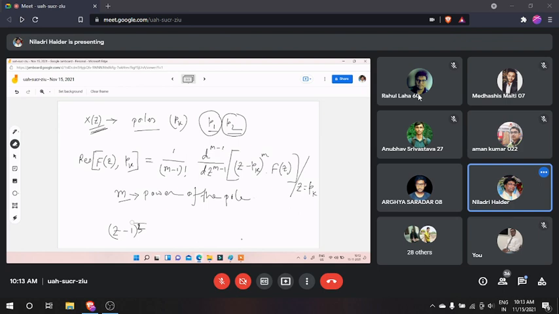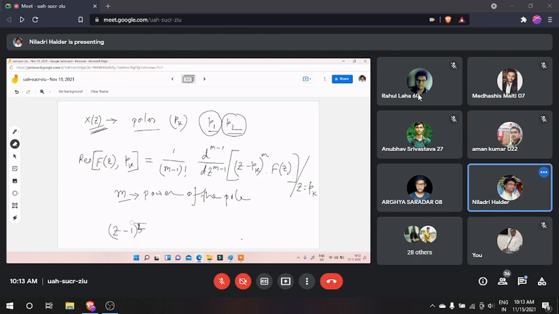Also, if you change the value of n towards the negative, for the first pole, z minus 0, the power will continuously increase. For n equal to minus 1, z minus 0 to the power 1; for n equal to minus 2, z minus 0 whole to the power 2; up to z minus 0 whole to the power n. So the power will continuously increase if we consider n less than 0. For the residue method, you have to keep that case in mind, meaning you have to calculate the residues for n greater than or equal to 0 and for n less than 0.